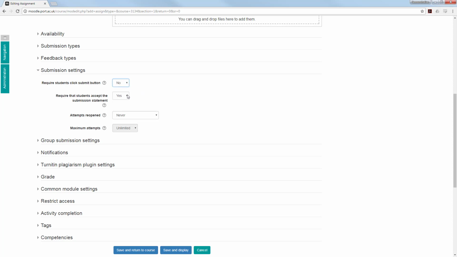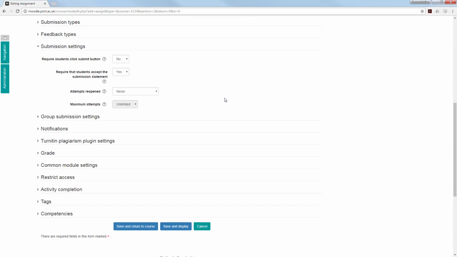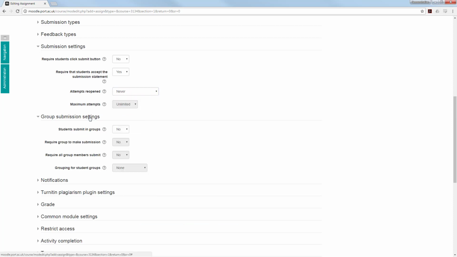Requiring the student to accept the submission statement means the student will say this work is not plagiarized and it is their own work, and click completed by themselves. With attempts reopened, there are three options. You can either never have them reattempt it, you can manually set it, or automatically until they pass, getting a completed grade. If you choose manually, then again you have unlimited up to 30 attempts that the student can make. However, in this case I'm leaving it as